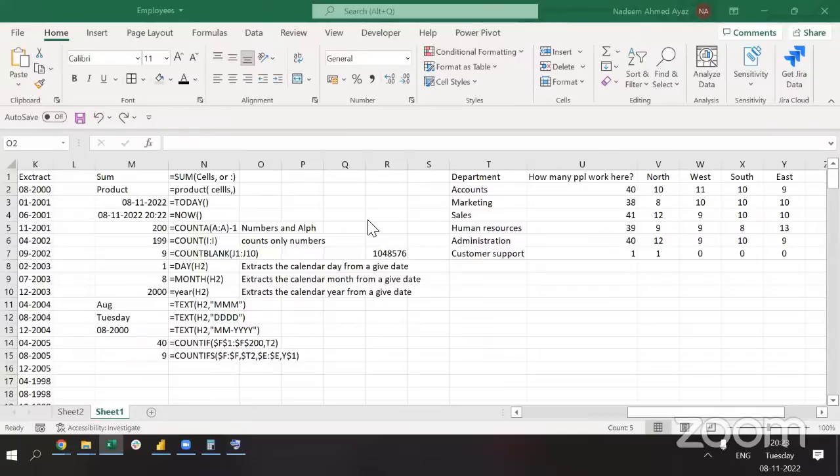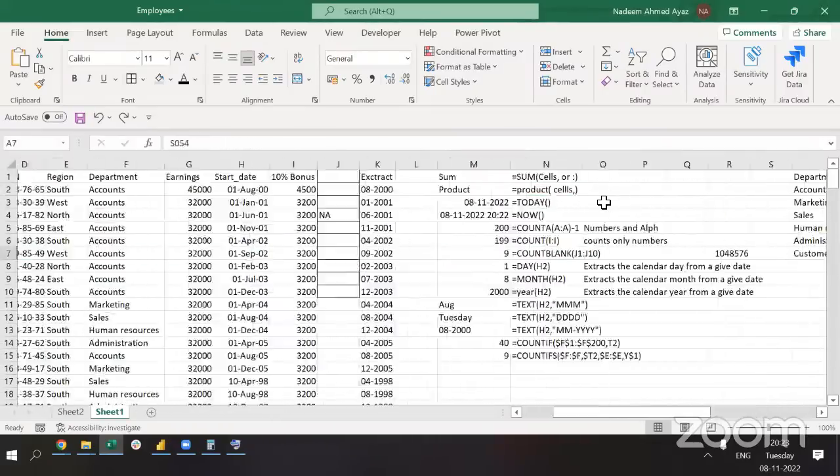What is the function of the dollar sign? What is the use of the dollar sign? Just stay with me for some more time. We have a good half an hour, so I will talk about referencing: what referencing actually means and how it works. Now, while we move on, I want to know